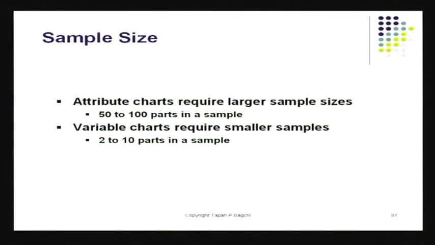If you're looking at the variables chart, what should be the size of your n, which is the subgroup of items that you decide to pick every time? So I collect so many data points and I average them out. I calculate one value of X bar and one value of R. How many data points do I need? It should be between 2 and 10. If you do that, it will be very easy to go to the table there